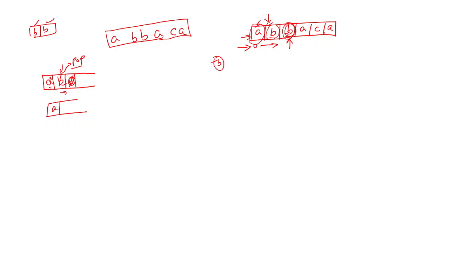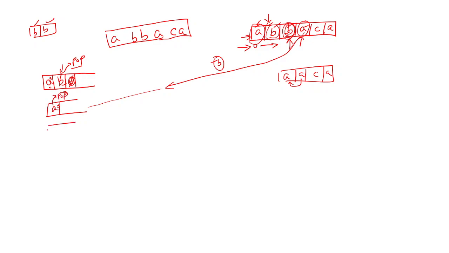Now again you come here and see, I have a, do I have to select this or not? You go here and check what the top one is. You see a, so you don't have to select it, because if this b is removed, the final string is a c a, so these two will become adjacent. We check the top one, and it is the same as this one, so we pop this out. Now we are remaining with an empty box, and these two are removed.